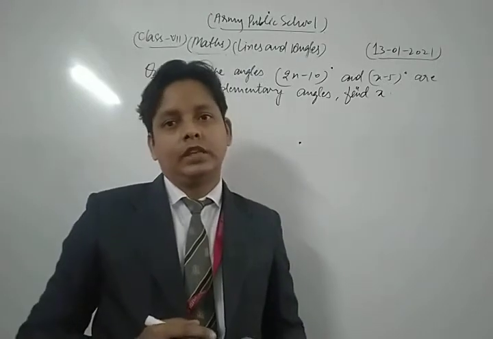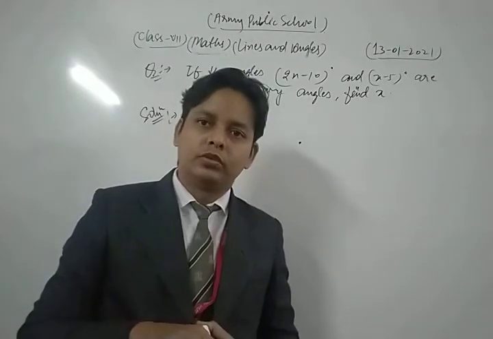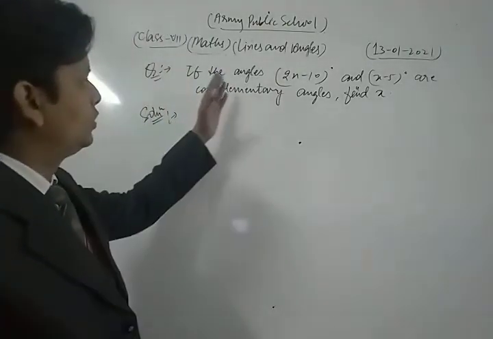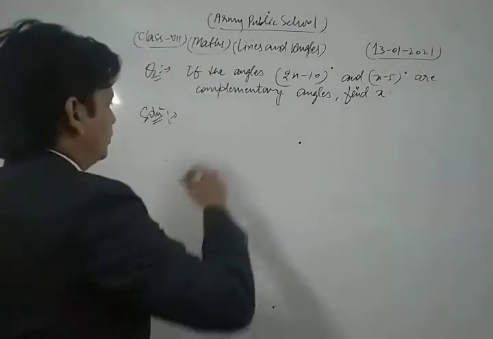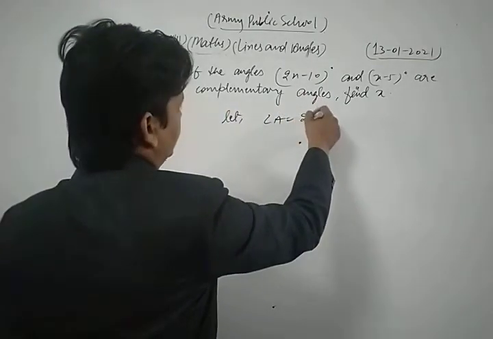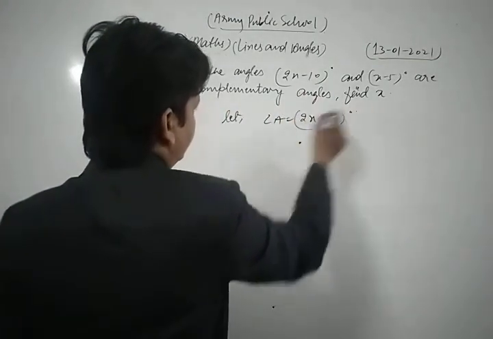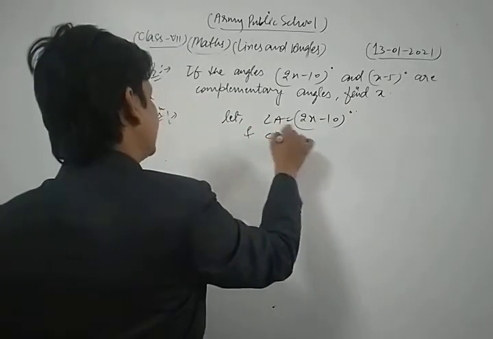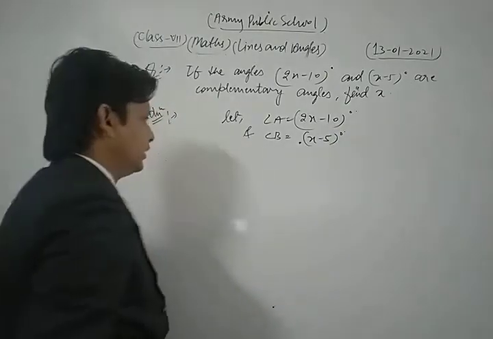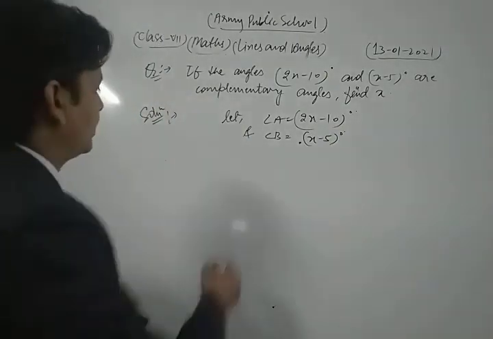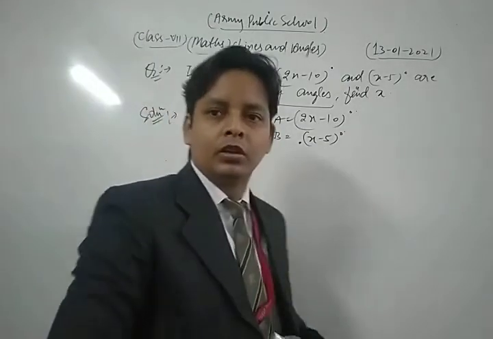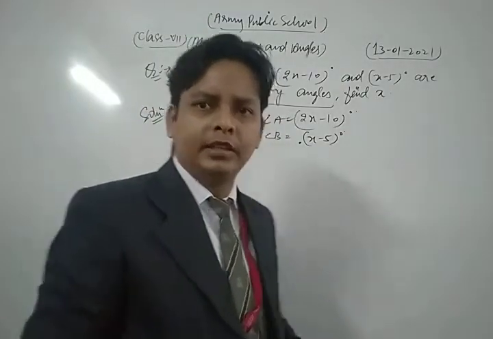Dear students, this is also a very important question of your NCERT syllabus. Let's see its solution. Here two angles are there. First of all, let angle A be 2x minus 10 degrees, and another angle, angle B, be x minus 5 degrees. Since both the angles are complementary angles,